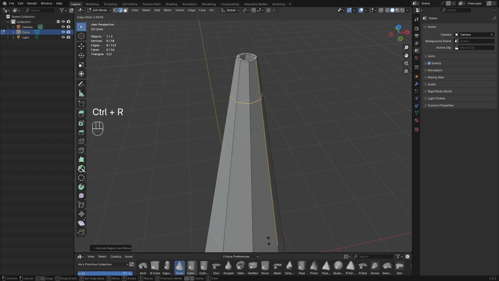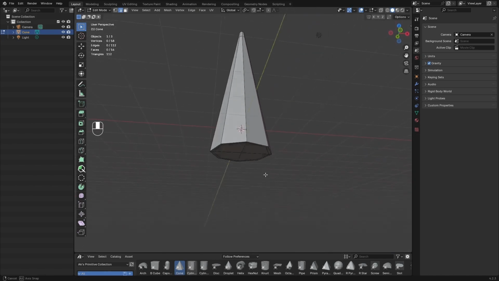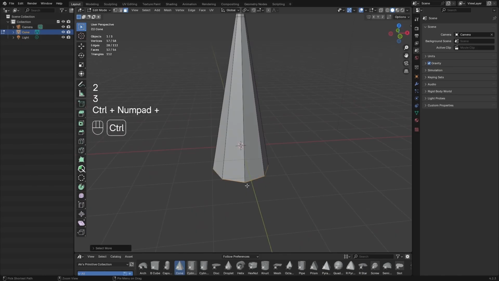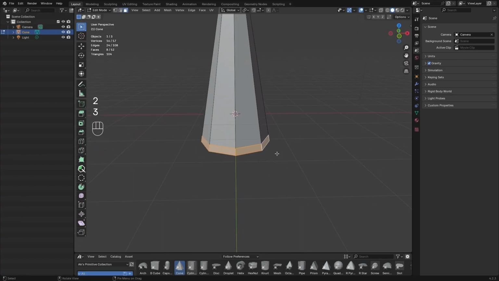I'll add a control loop just to control the curvature of that edge on the outside there. And I'll go ahead and just get rid of the cap at the bottom. Now I'll place an edge loop right about there, and I'm going to select the faces around there. But before I do that, I'll just use the edge slide function here just to better position that edge loop. Now I'll go ahead and select the entire loop there, and I'm going to extrude that along